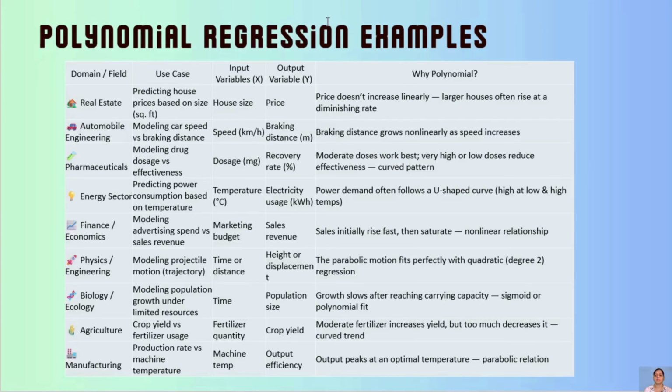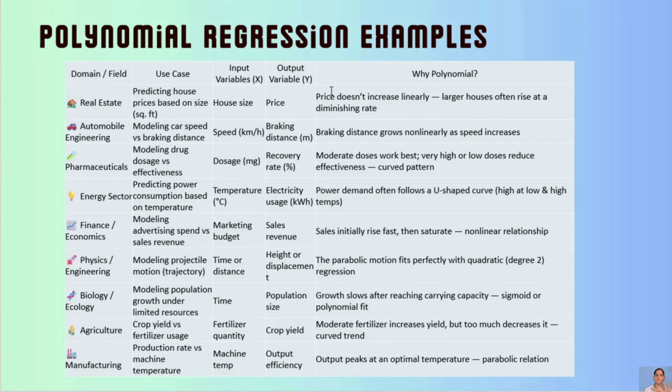And here are a few examples of polynomial regression. Like I mentioned, polynomial regression always works on the complex part of data. And here you can see there are a few use cases I'm explaining. So one is real estate. In real estate, we can get the output through your multilinear regression, and the same thing we can achieve through this. How?